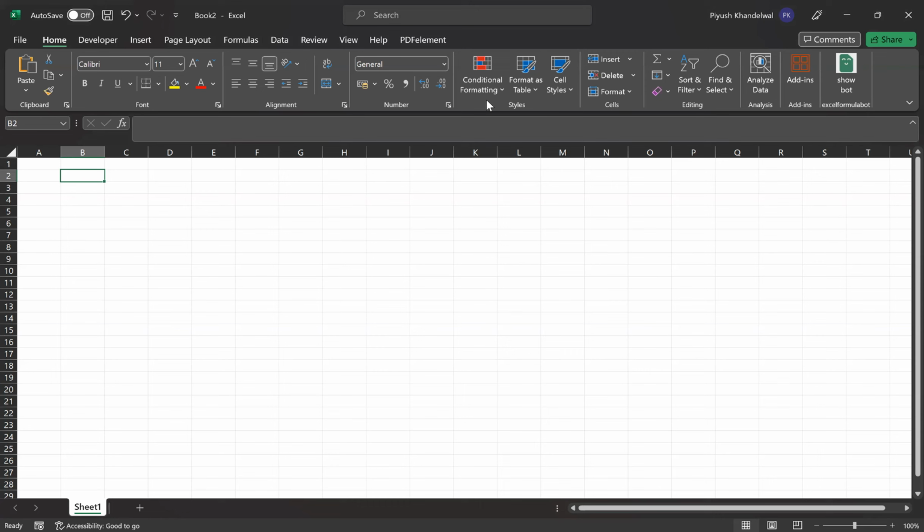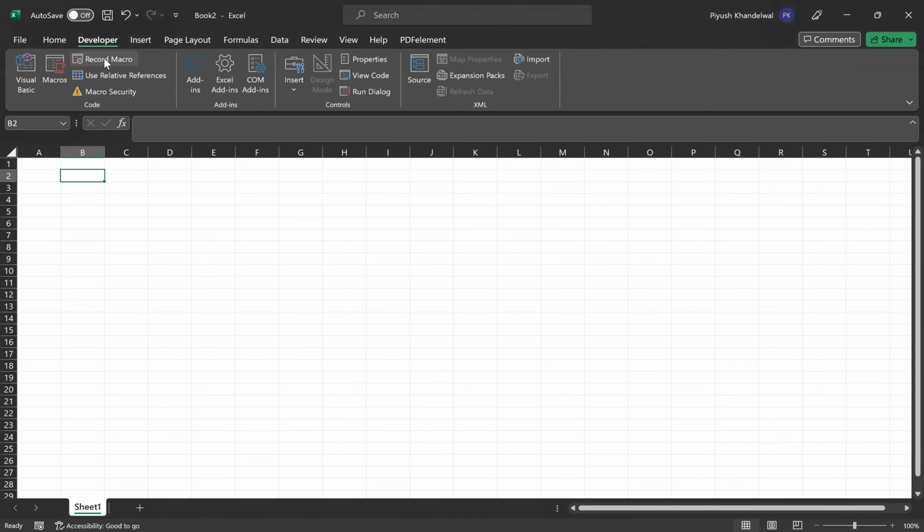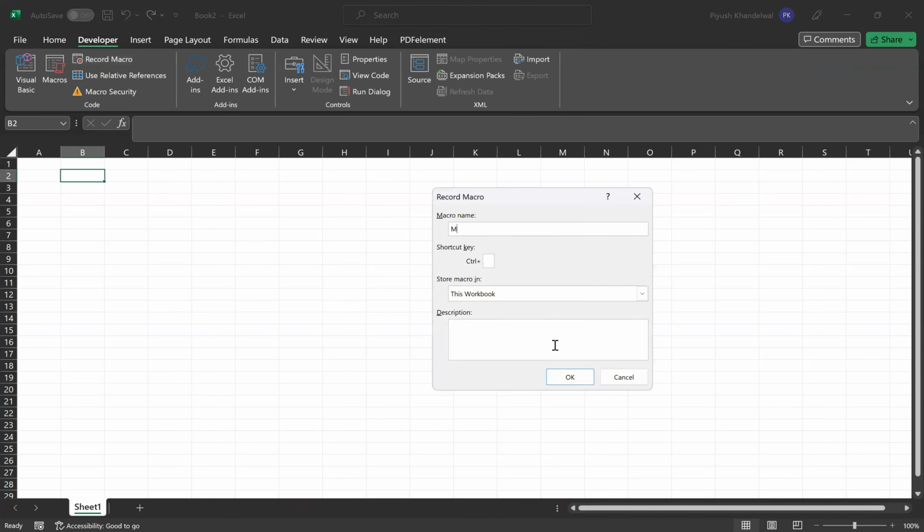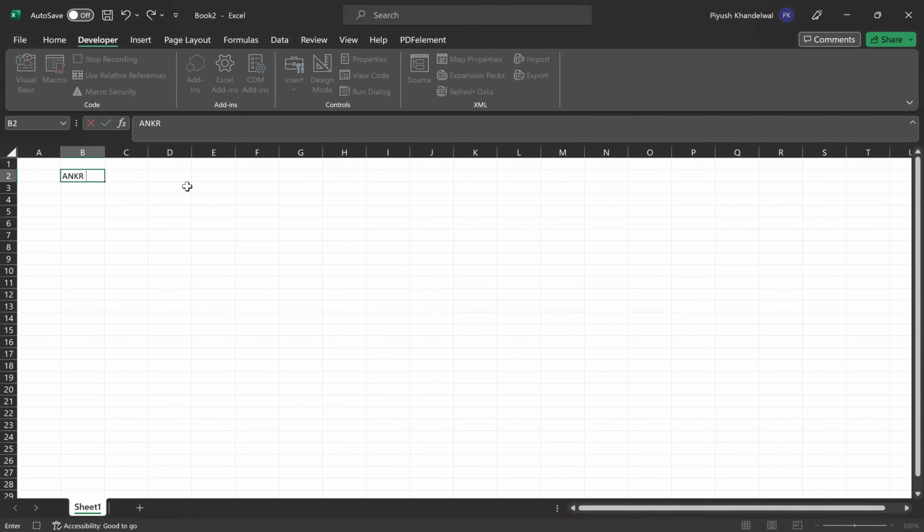For that, we will record a small macro where I will just go to the Developer tab and say Record Macro. I will name it "my first macro". And now I will type here Anchor Consulting Private